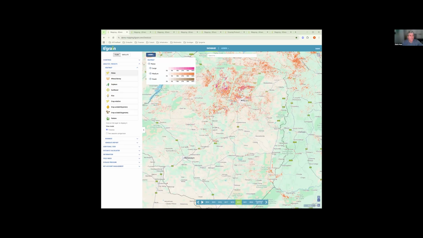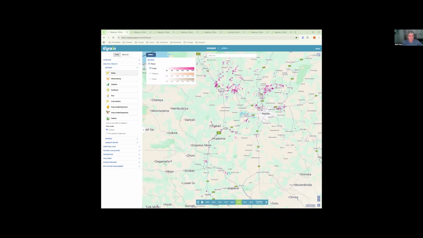So we have the ability, by analyzing the size of individual fields, to see how much segmentation is being grown in a certain area. And I can remove medium and small for a second. And then you see this purple here is where what I would consider professional farming is going on.